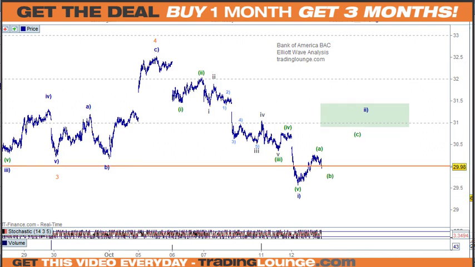Also with these things, one of the things you can do is take the length of wave A here, and it might be longer yet, I haven't pulled all that apart, then you can get the same length over here, because normally there's some sort of equality in corrections between A and C. If not, you can add another 60% onto C to get another target, and that will probably leave you about right.